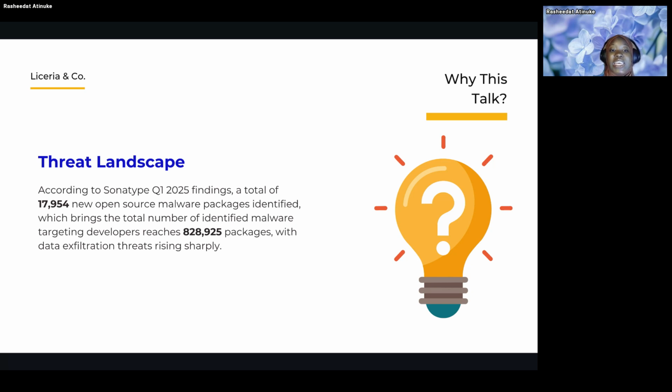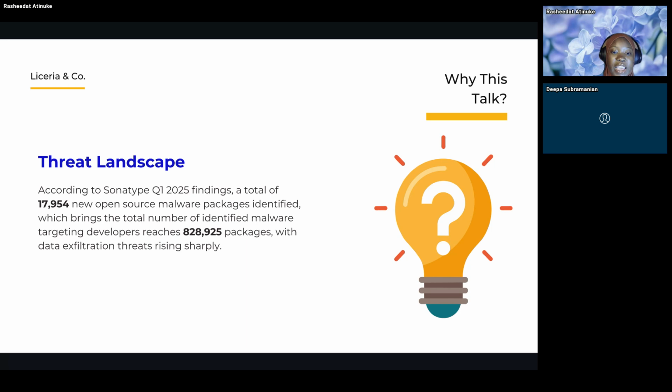That's to show that data exfiltration threats are rising rapidly, and it means organizations also need to tighten their security policies, right? And now